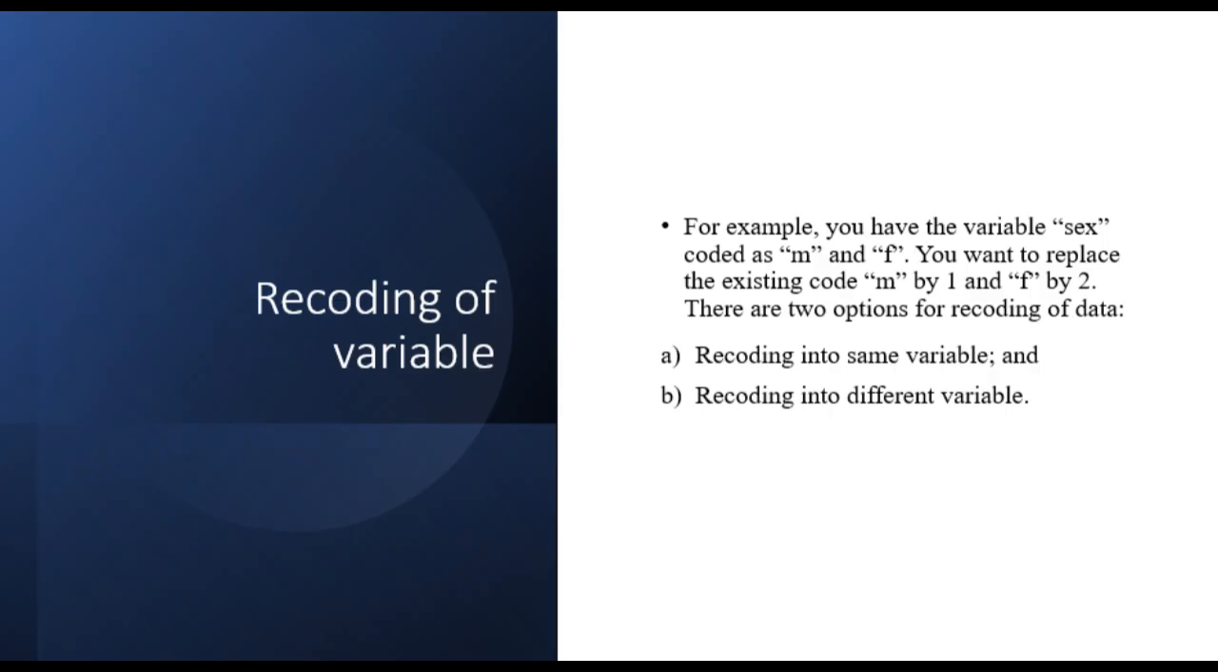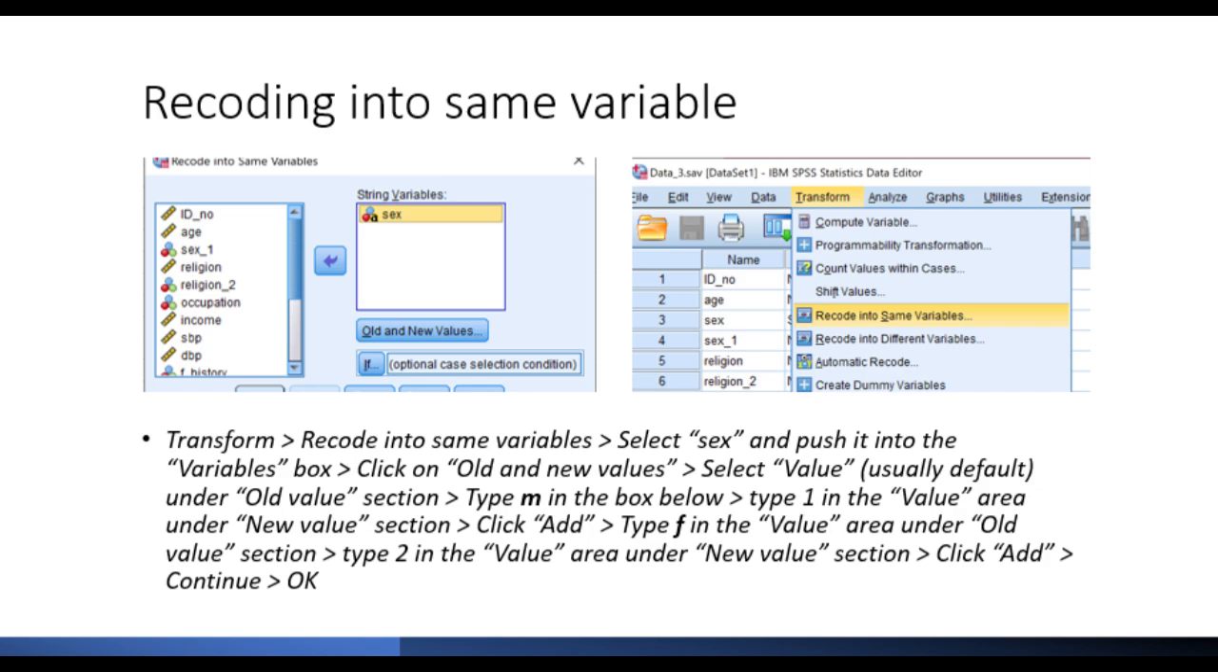Recoding a variable. For example, you have the variable sex coded as M and F. You want to replace the existing code M by 1 and F by 2. There are two options for recoding of data: A, recoding into same variable, and B, recoding into different variable. Recoding into same variable: Transform, next Recode into Same Variables. Next,